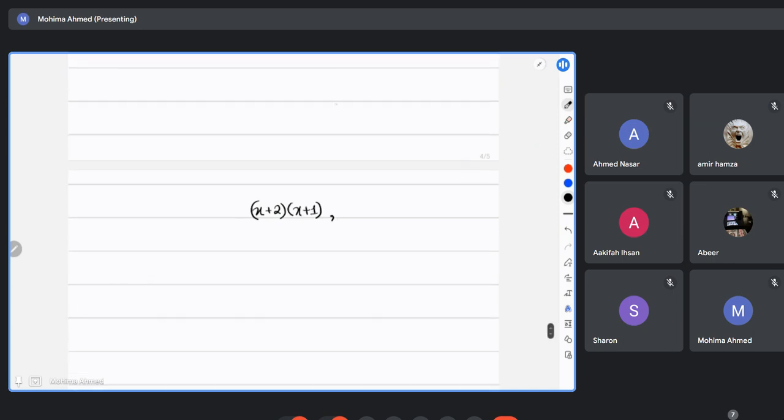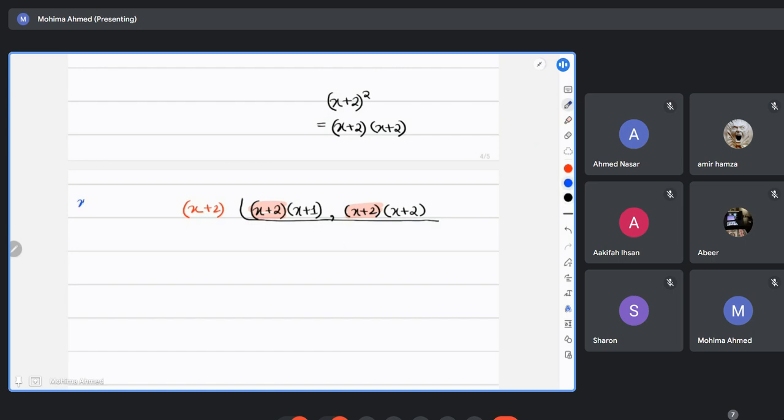The second one that I wrote as x plus 2 whole square can also be written as x plus 2 and x plus 2. So I'm going to write this as x plus 2, x plus 2. From this part, I can understand they have at least one x plus 2 common for both denominators. So from the common factor, I'm going to take x plus 2 common. This means that I'm going to divide each denominator separately with that x plus 2. So how much would be left at the very end?